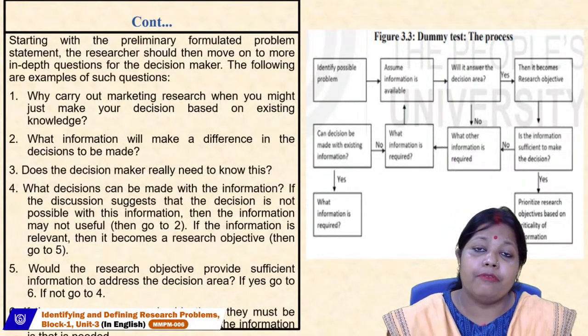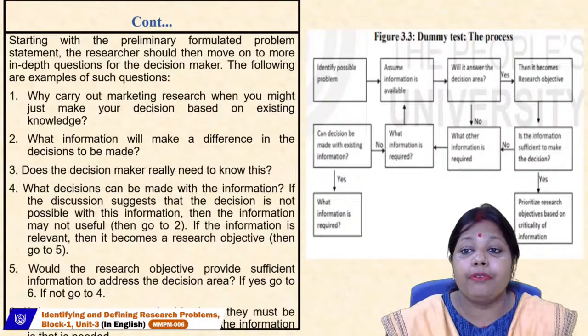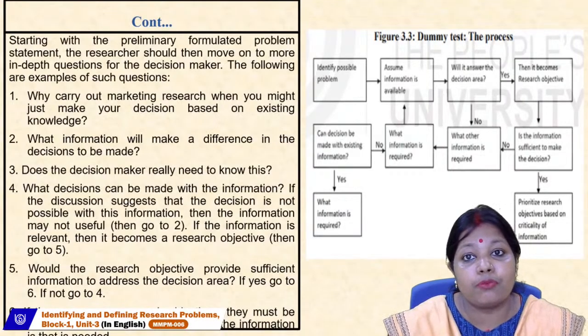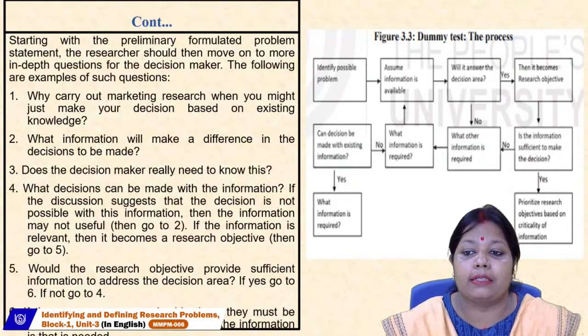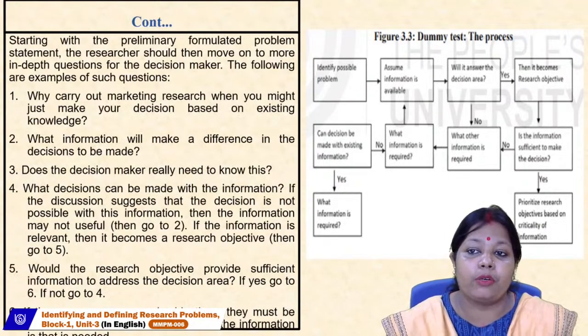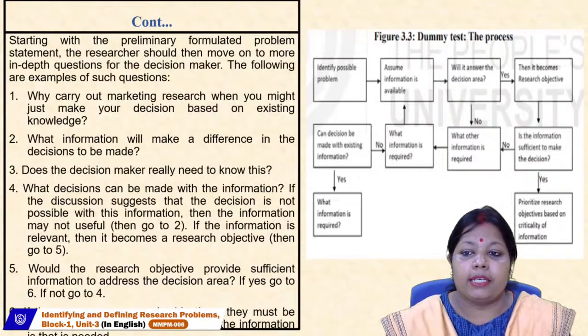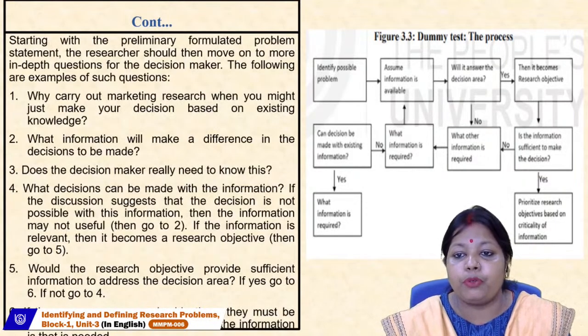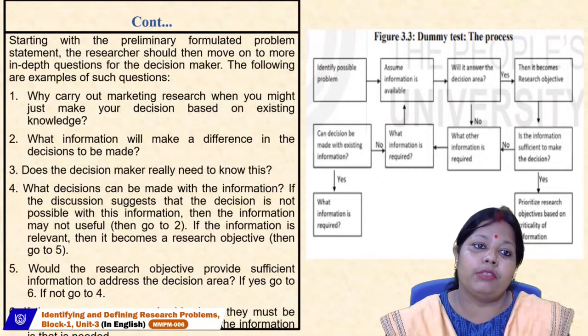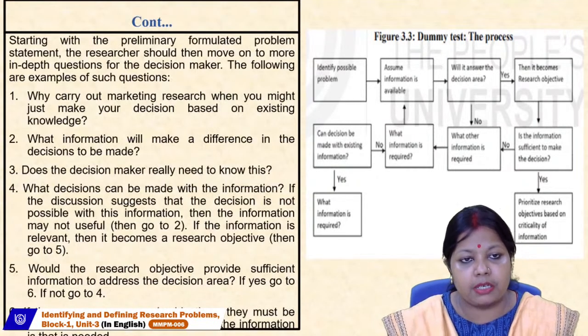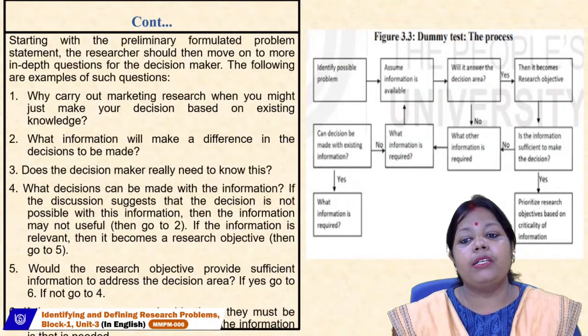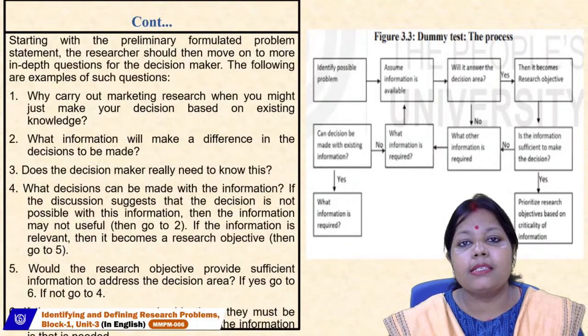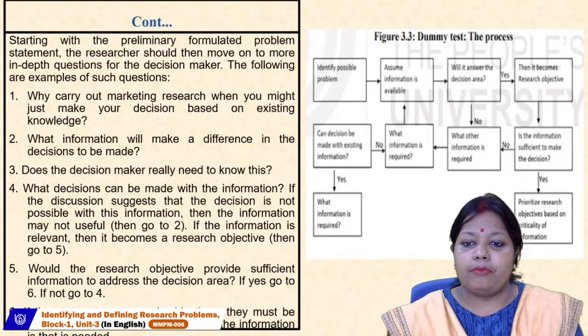We can also come to this step if in the second step, whether it will answer the decision area, the answer is no; then also we will move to that. What other information is required to get the decision area to be very clear? Then from that we will move to what information is required. If the answer is not sufficient, then we should know what relevant information is required to make it sufficient. Then again we will go to